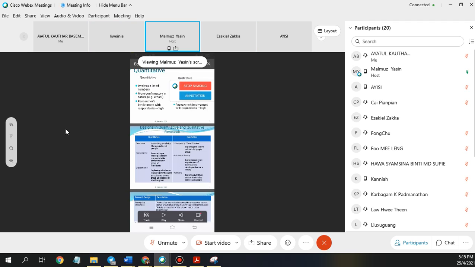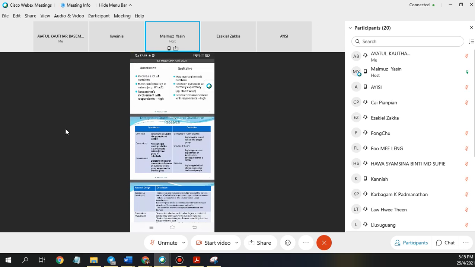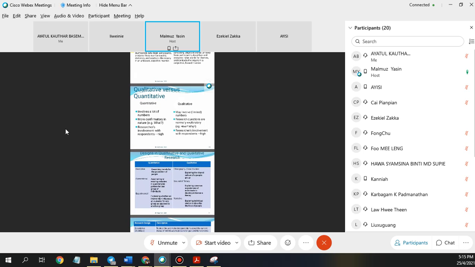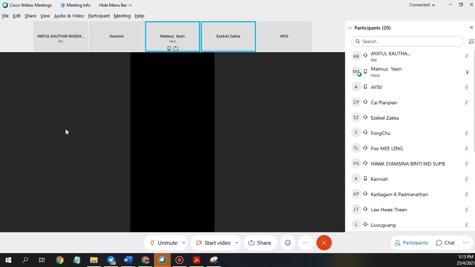Okay, I'm trying to put into perspective the idea of qualitative versus quantitative. Normally, I advise the student not to think of this earlier. Just get a topic and then come up with a lot of questions, natural questions, and also ones which are researchable. Because the questions themselves will determine whether you are doing qualitative, quantitative, or